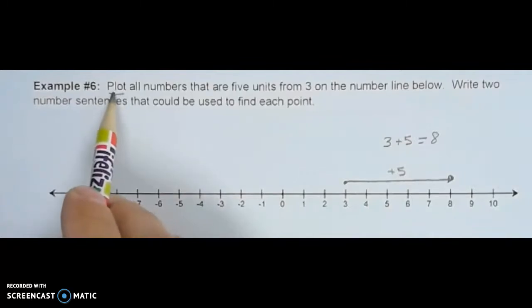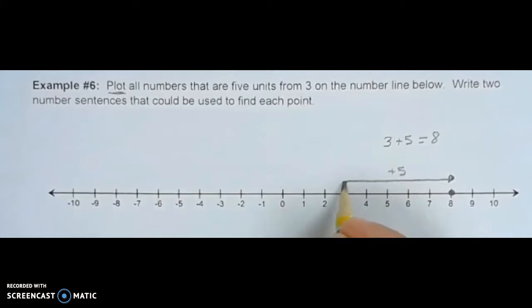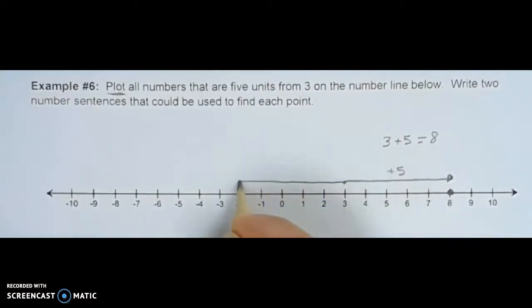Okay, they wanted us to plot the numbers, which means I have to put a dot on the number line where that number is located. One of the numbers is found here at positive 8. Okay, but I also said that I could have moved to the left. So if I started at 3 and I moved to the left 5 units,